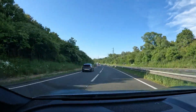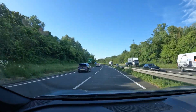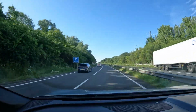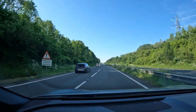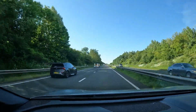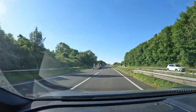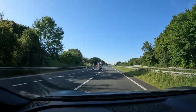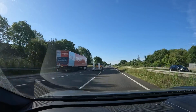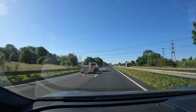With regard to traffic, obviously this journey is a commute, so there will be traffic, so it won't be constant 70 mile an hour journeying. It will be up and down, but at 40, 30, 20 when the traffic builds. I mean, coming down here you can see just ahead of me the traffic is building now, and we will queue to the Black Cat roundabout. But as I say, I'm trying to cover reality in my